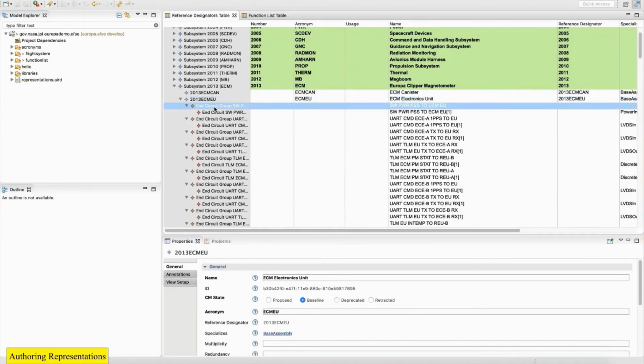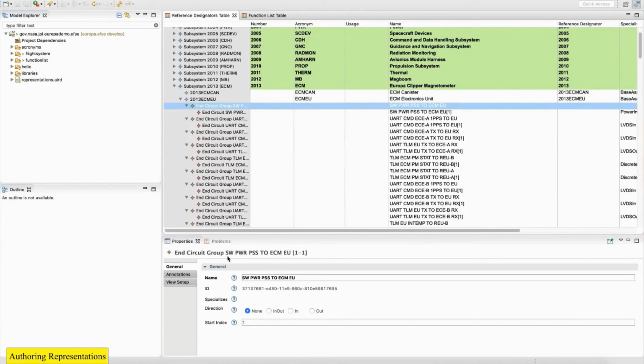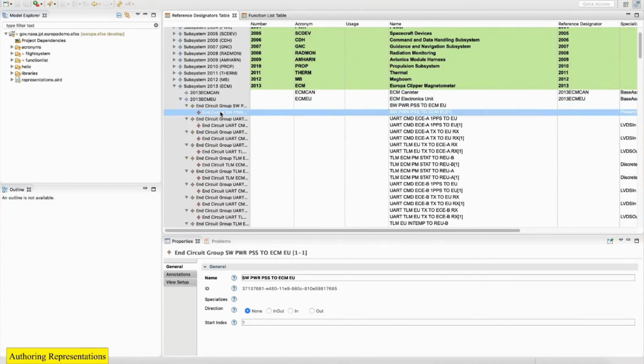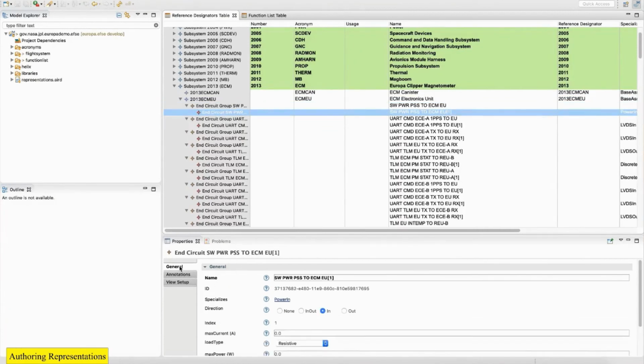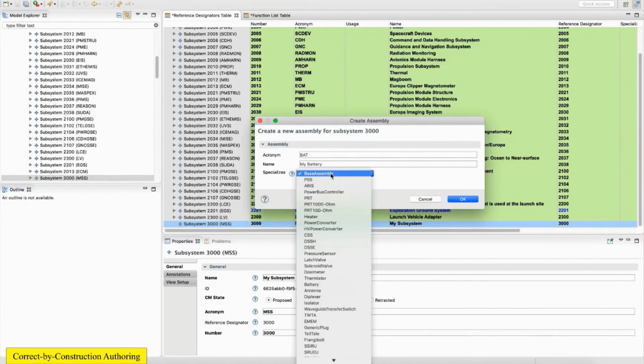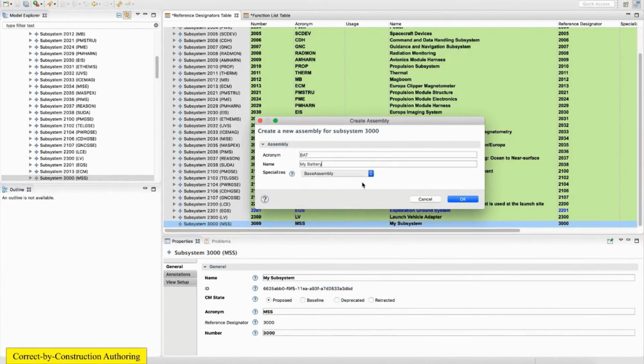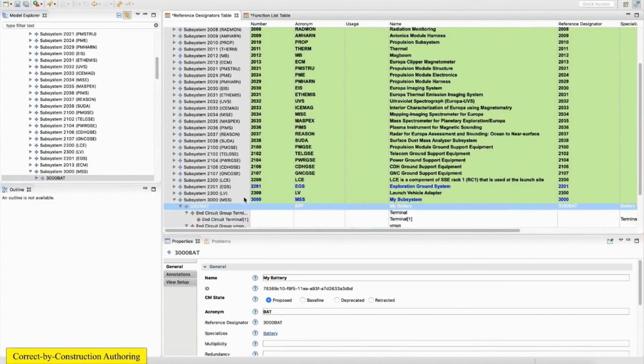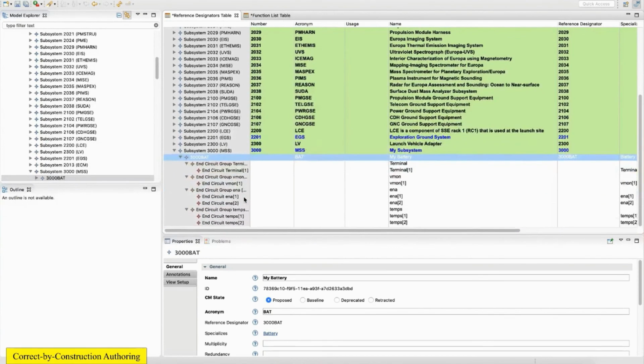We give them, as I said, out of the box correct by construction features that allow them to be very precise and not make a lot of mistakes. They can also do validation, and they can do refactoring very easily using wizards that allow them to express the intent of what they want, and it will perform it on their behalf.